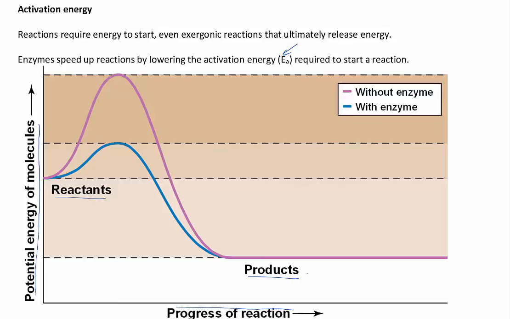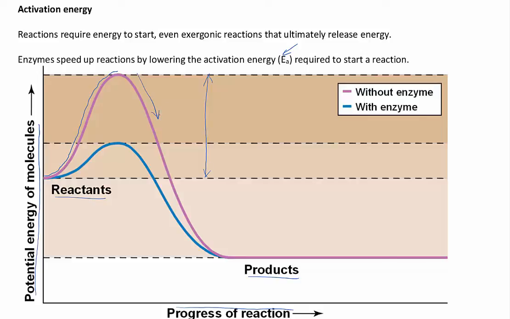Now, without the enzyme, this much energy is required in order for that reaction to go from reactants to products. And you can see that by looking at how much energy is required in order for that reaction to go